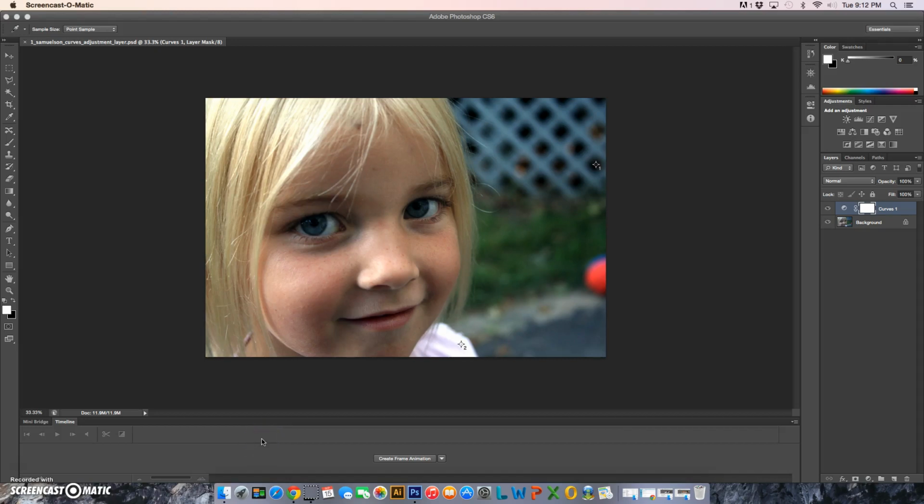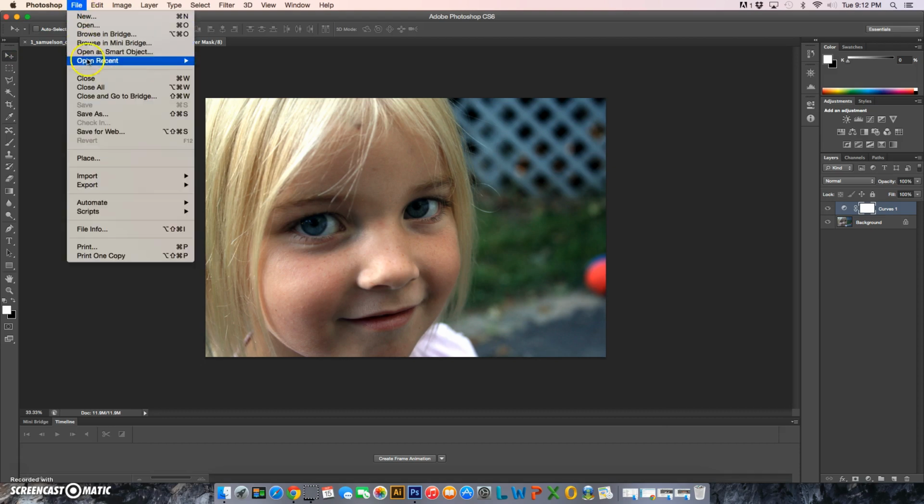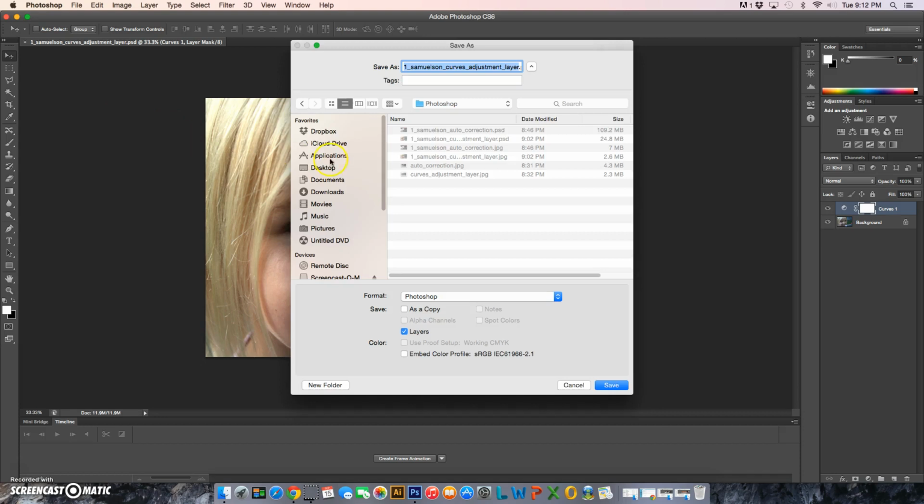The third thing that you're going to do in color correction is going to be to apply a hue and saturation adjustment layer. You're going to use the same photo that you did for the curves adjustment layer, but we need to go ahead and rename this before we get started. So let's do a File, Save As, and here where it says Curves Adjustment Layer, we're going to rename this